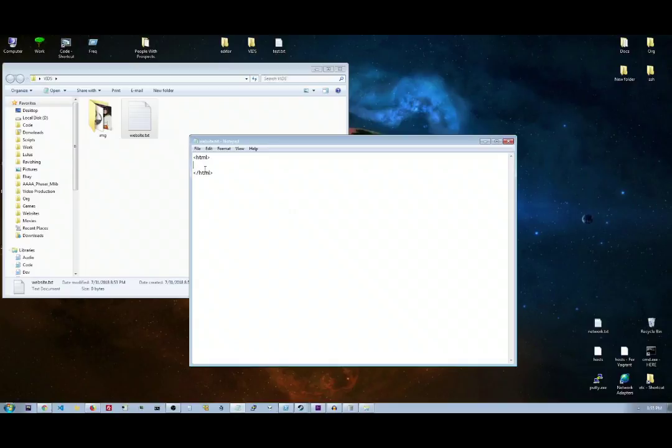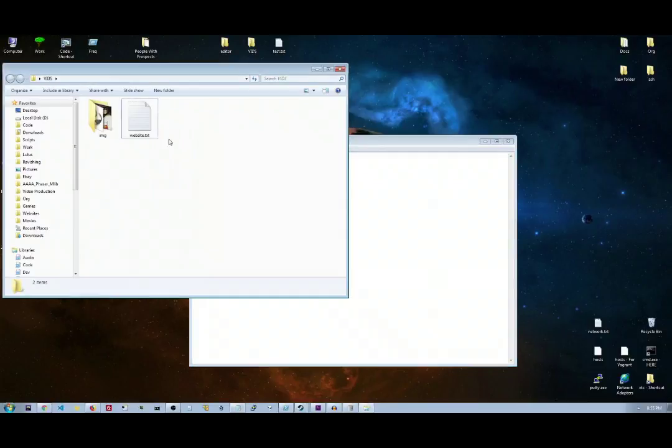This opening tag won't have a slash, and this is the closing tag, which will have a slash. Everything in between is whatever you have in these tags. So, for instance, let's just make some text, and everything in between is HTML. If you were to rename this to .html,